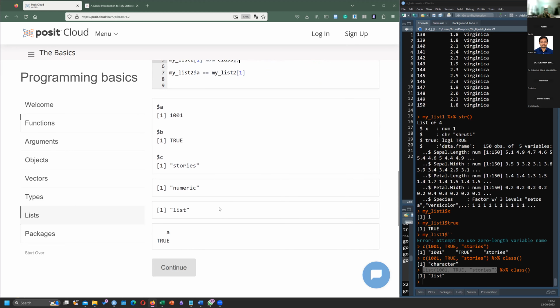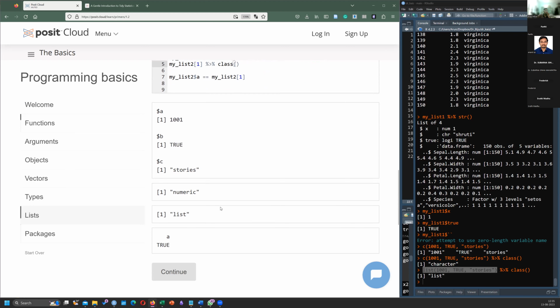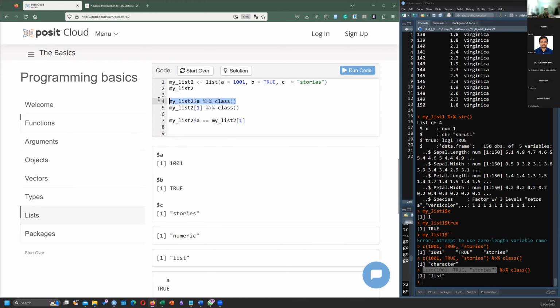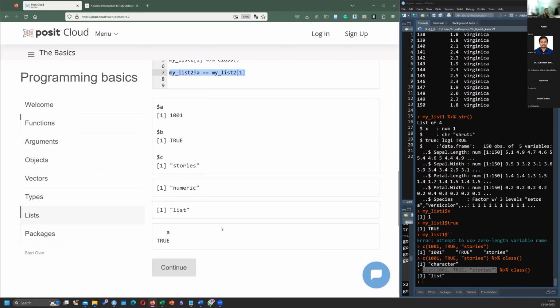See, this is one of the things I wanted to point out. This is giving out a numeric, right? Whereas the second one is giving us out a list. But when you ask whether this is the same as this, it is saying true.